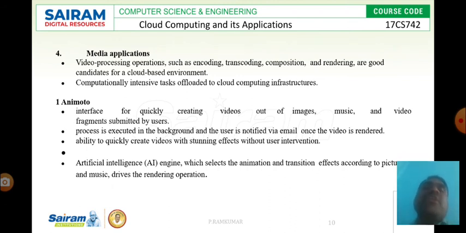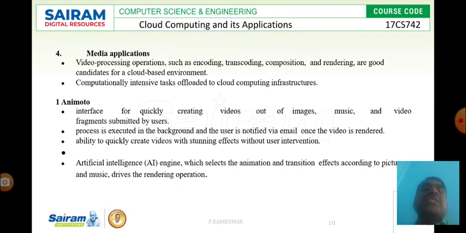Media applications: video processing operations such as encoding, transcoding, composition and rendering are good candidates for the cloud platform environment. Computationally intensive tasks are offloaded to cloud computing infrastructures. The next one is Animoto, an example of this. It is an interface for quickly creating videos out of images, music and video fragments. Everything is submitted by the users.